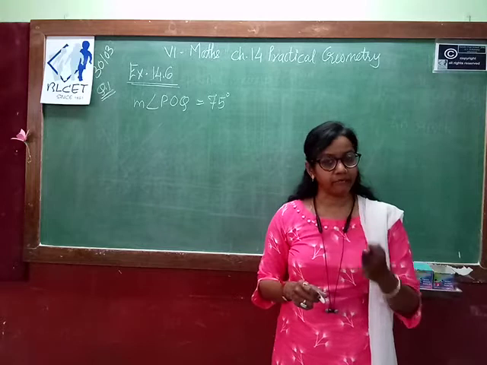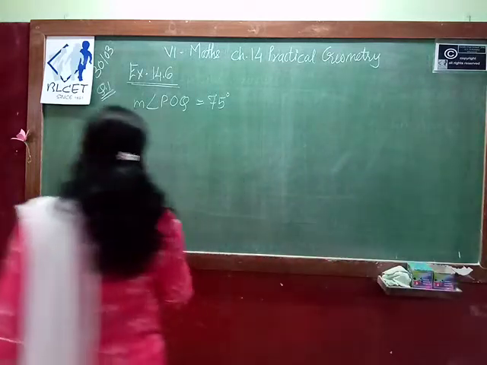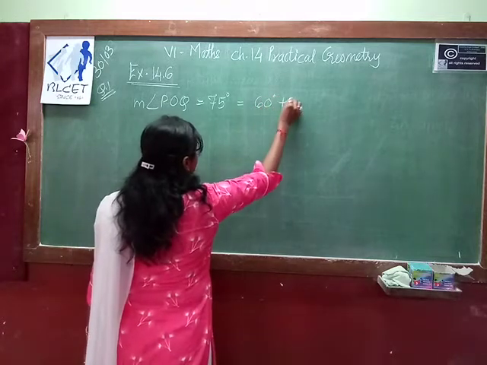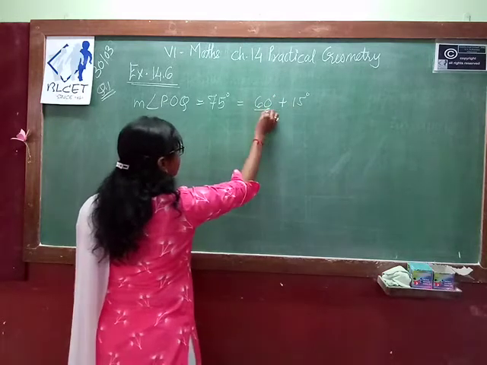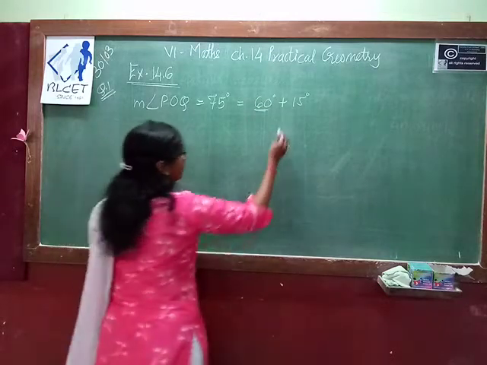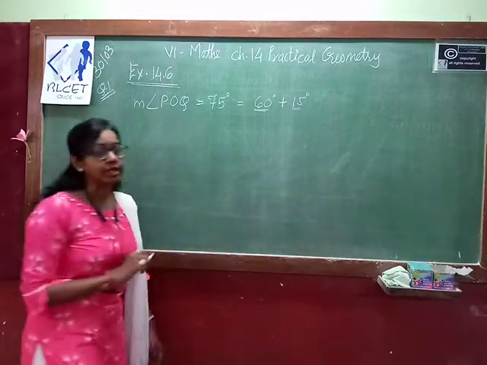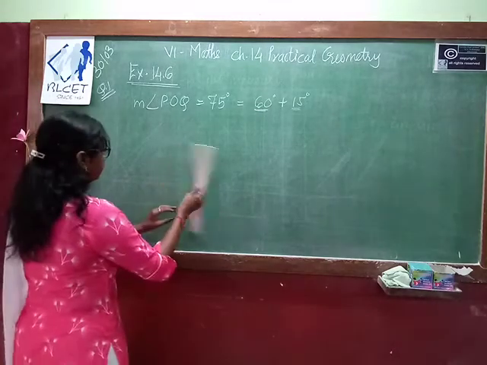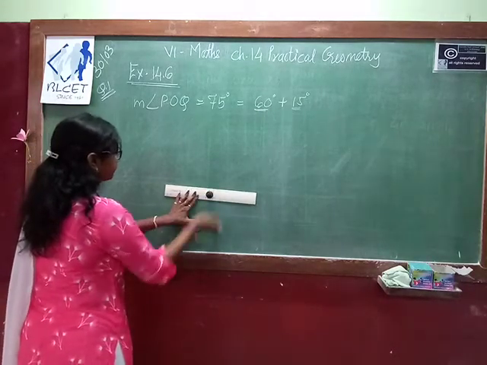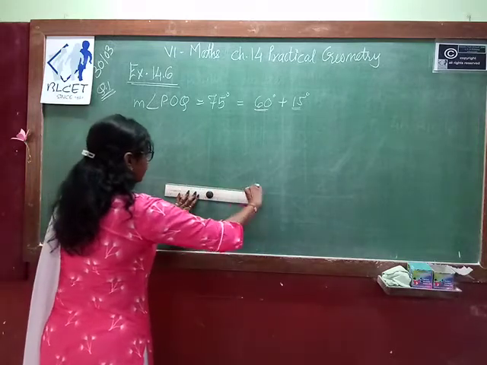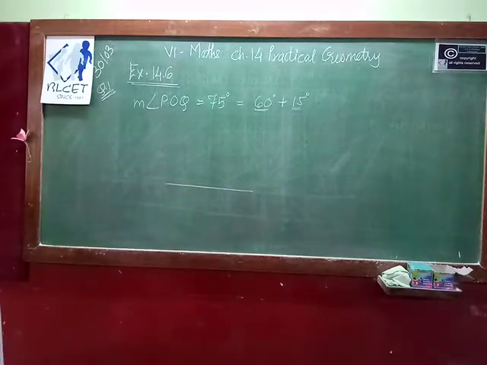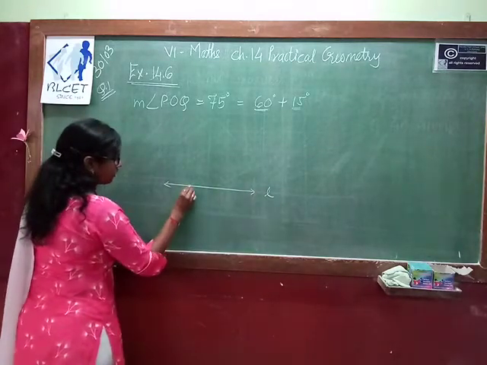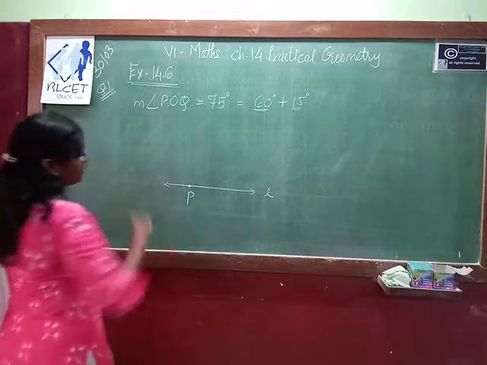So it's a little bit difficult, but let's try, because we know that 75 degree means what? 60 degree plus 15 degree. We know how to draw 60 degree, and we also know how to draw 15 degree. So let's start. So what we have to do? Take a ruler. So first we draw a line. Draw point P. Here we draw angle 75 degree.